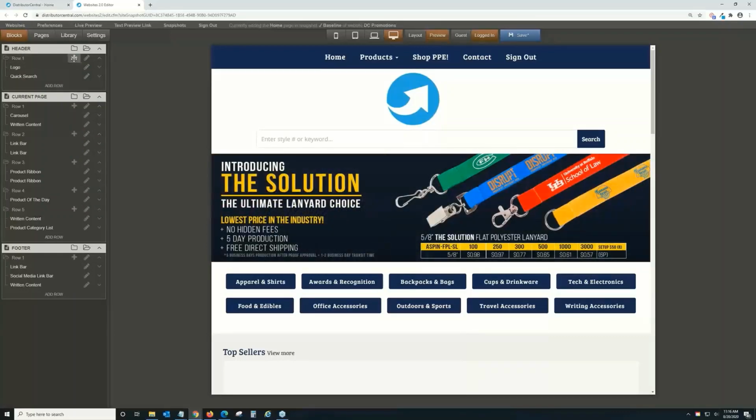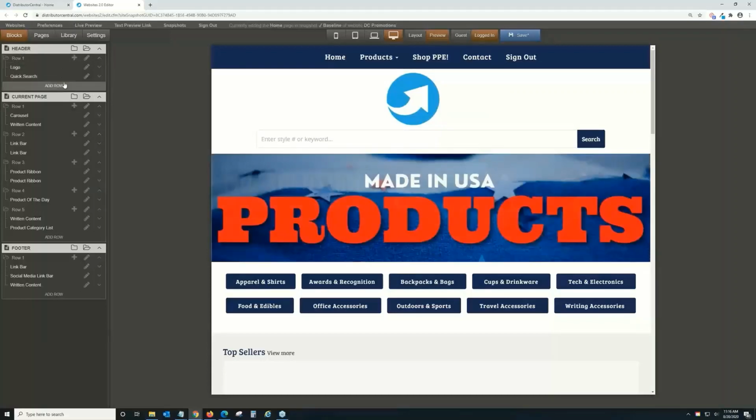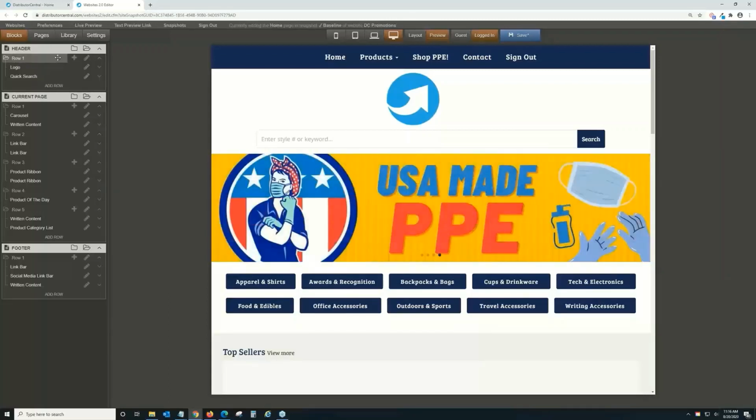Going back to the row, the row is going to be horizontal. You can put as much as you want in one row, but if you want to separate stuff and you want it to be on a different row, just for less confusion, if you had row 1 on your current page and you had all this under row 1, instead of breaking it up into row 2, row 3, row 4,